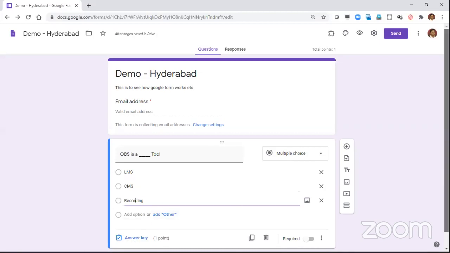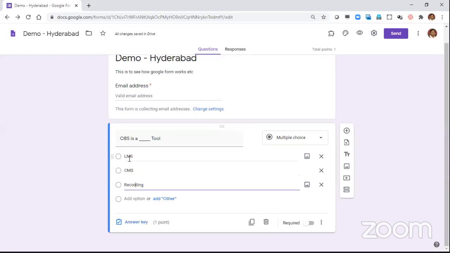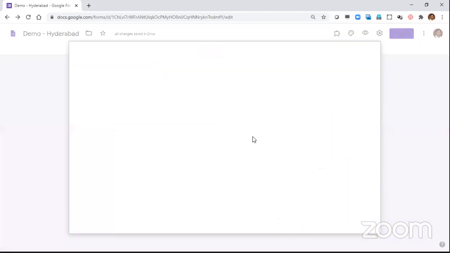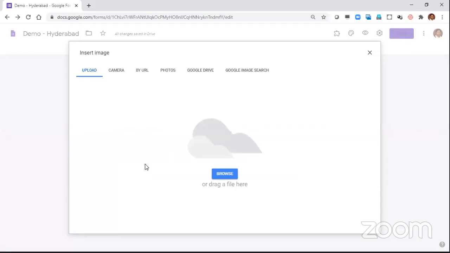So yeah, 3 options. If you want to give more, you can give. If you want to add a picture in the question, you can click this. And then you can select the image that you want to put in the question.